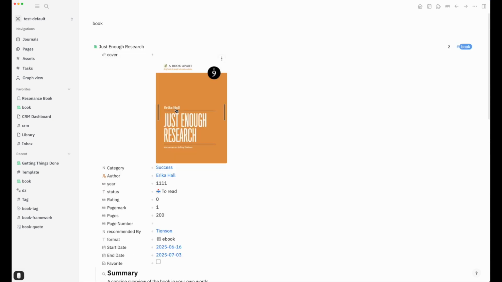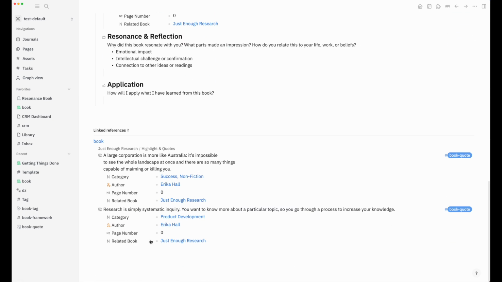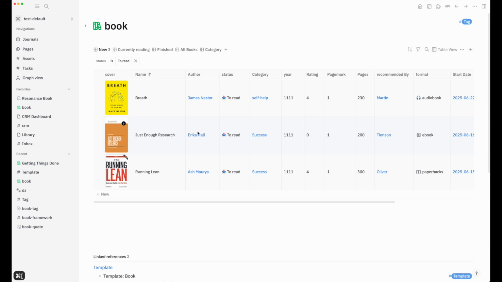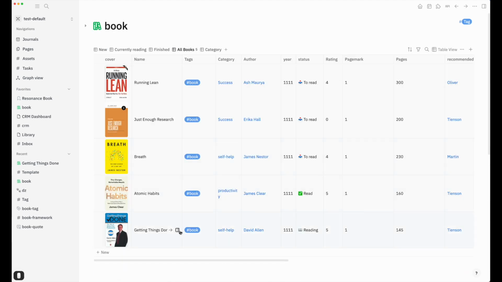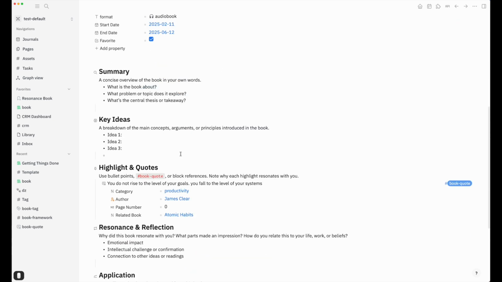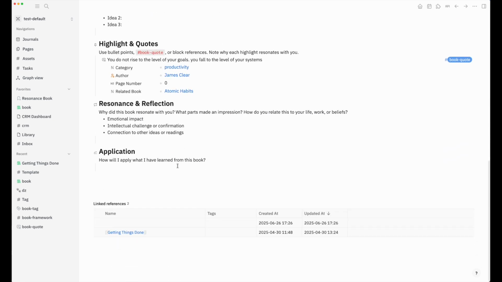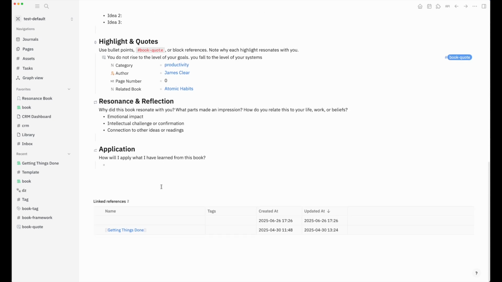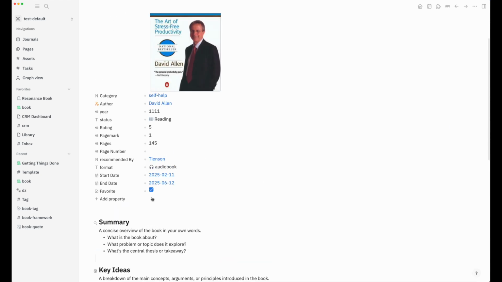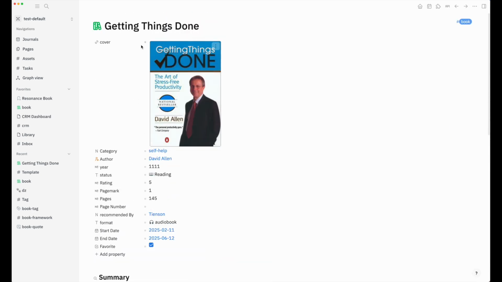So if I were to click here and scroll up to the bottom, what we see are quotes as linked references here, right? But if we were to switch, let's go back to getting things done here, you'll notice that right off the bat we have linked references as well, right? So in any case,